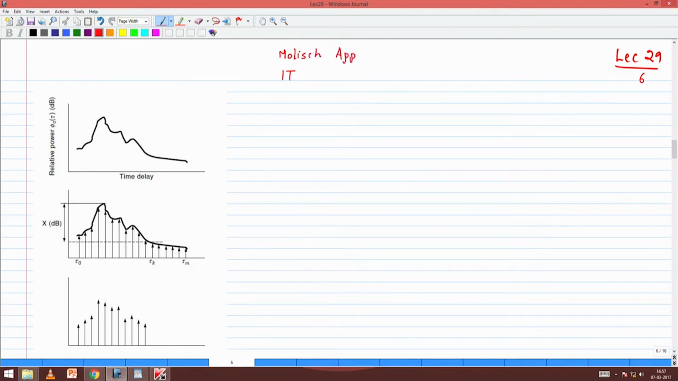Molish Appendix 7C. It has two sets of channel models. It has the ITU-R, which gives us several channels. Indoor, there is a channel A and a channel B, and then you have pedestrian channels A and B, and vehicular channels A and B. Actually, there are several variants of this, but